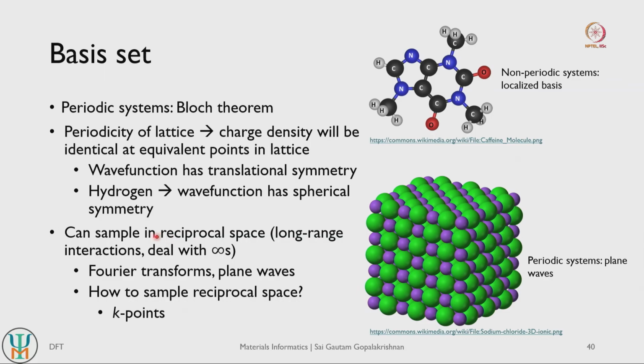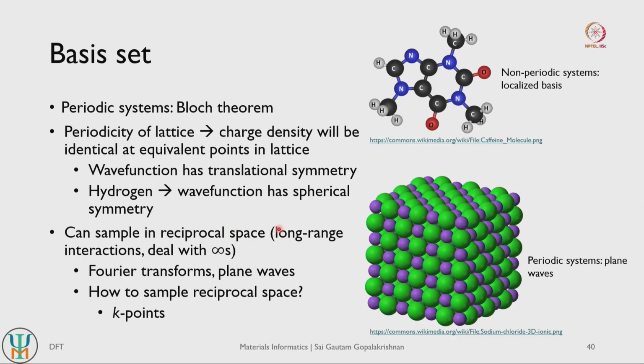have periodic lattices, right. And the nice thing about plane waves is that you can very easily perform Fourier transforms. So in other words, you can go from sampling your wave functions or your charge densities from real space to reciprocal space very easily. So real to reciprocal space is just a Fourier transform, right, of one another. So from real space, if you do a Fourier transform, you go to reciprocal space, and if you do an inverse Fourier transform, you come back to real space. So let us say you have a bunch of plane waves that are representing your wave function and hence your charge density. You can now sample your wave function or your plane waves in either the real space, or you can do a Fourier transform and go into reciprocal space.